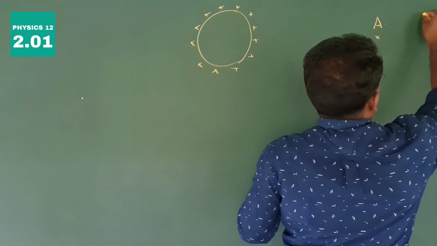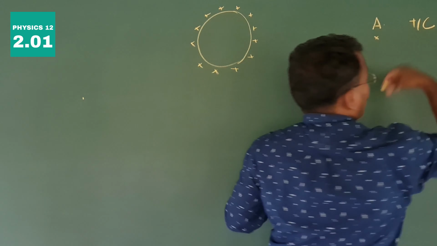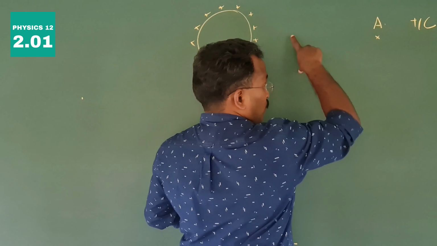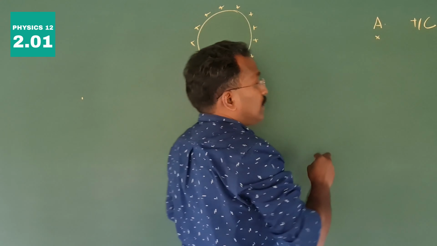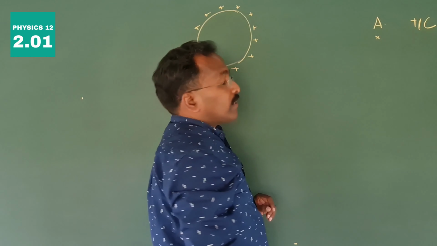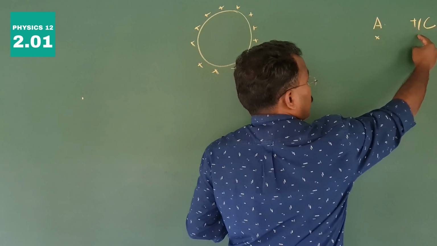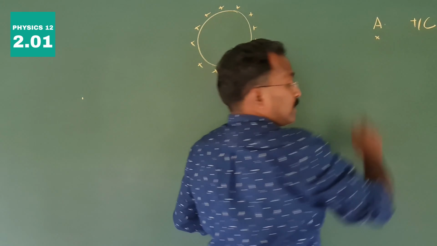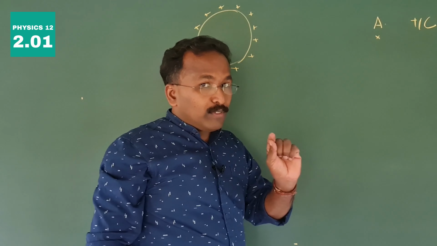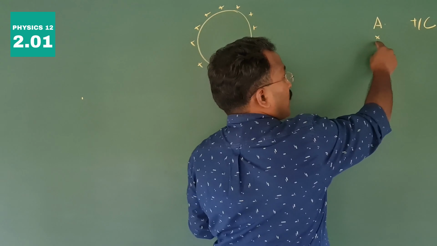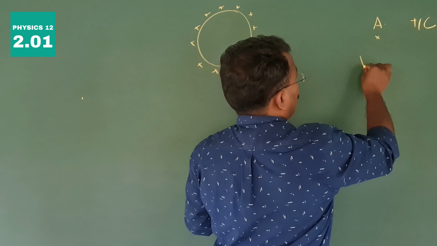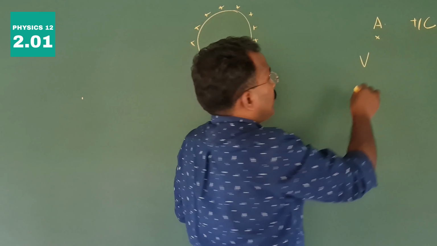You have a plus 1 coulomb charge at infinity. This is positively charged. You have electric field here. The electric field will push it away in its direction. So for bringing that plus 1 coulomb charge to this point, you have to do a certain amount of work. And that work is defined as the potential at this point. Okay. So the symbol for potential is V.